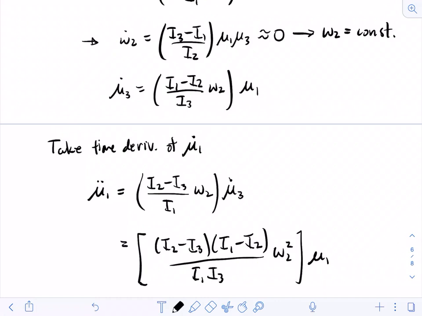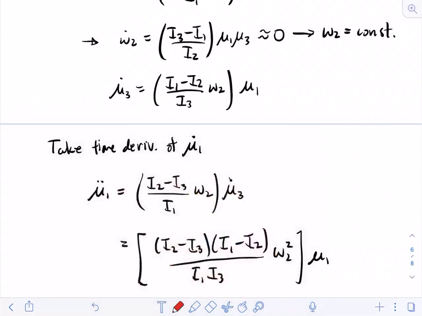And that was important because this I3 minus I1 was a positive quantity. And so we had that positive difference in rotational inertia multiplied by a difference in rotational inertia that ended up being negative, say like an I1 minus I2. We don't have that in this case. We have an I2 minus I3,